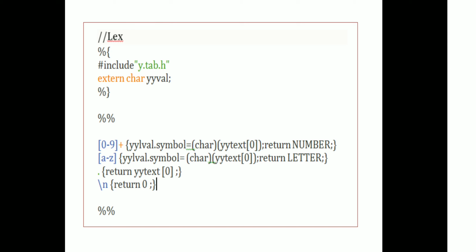So here, 0 to 9 is given; any number in between is found, or any combination like 0 0 0 1, 15, 20. So it returns what? It returns a number. How are we going to find it? yytext reads that one, and it will be stored into yylval, because of its definition it is stored.